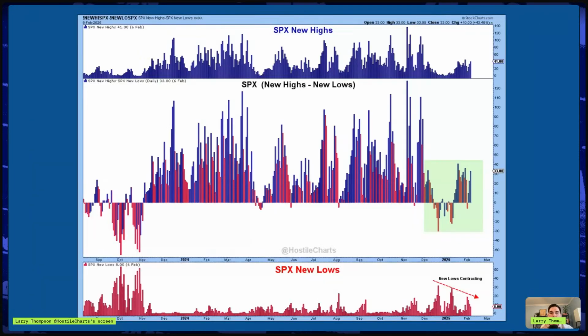And the last thing I want to highlight is the S&P 500 new highs minus new lows. This is something you want to keep an eye on. I'll be posting this on StockTwits and on Twitter, so reach out. I can also send you a link on how to fit this chart to your own preferences, or if you want to do an individual market sector and things like that.